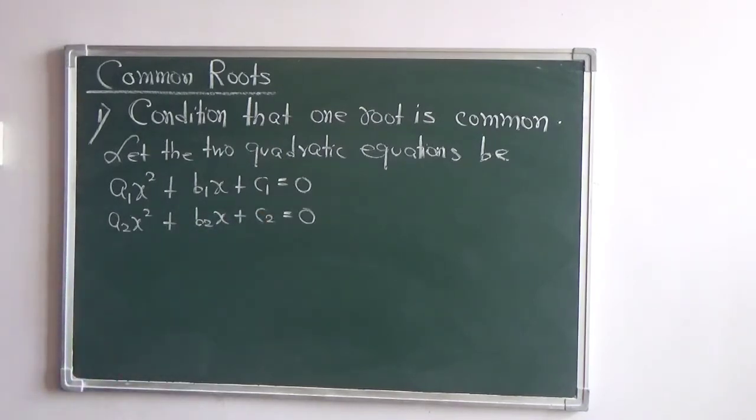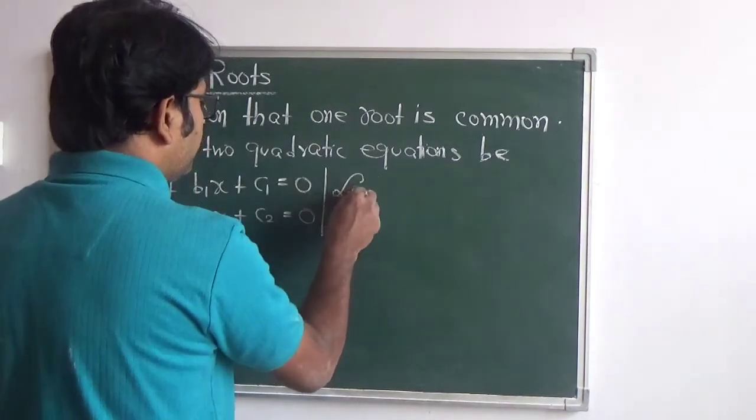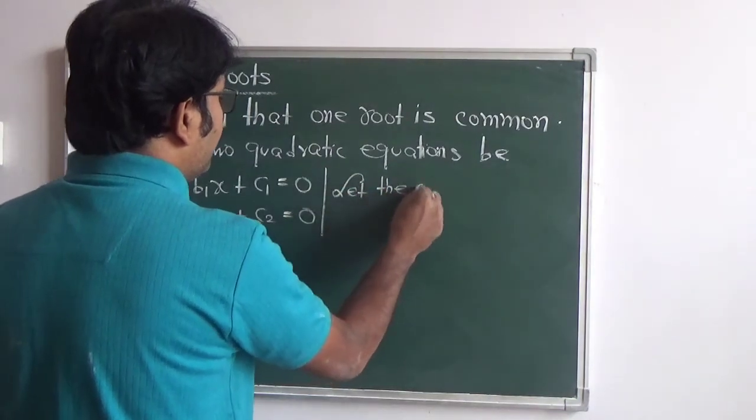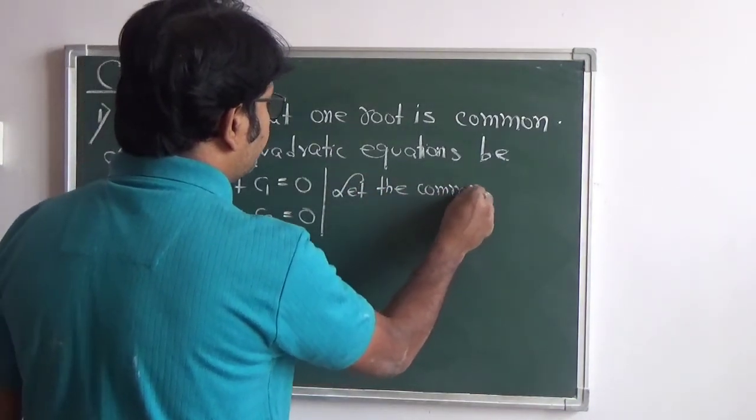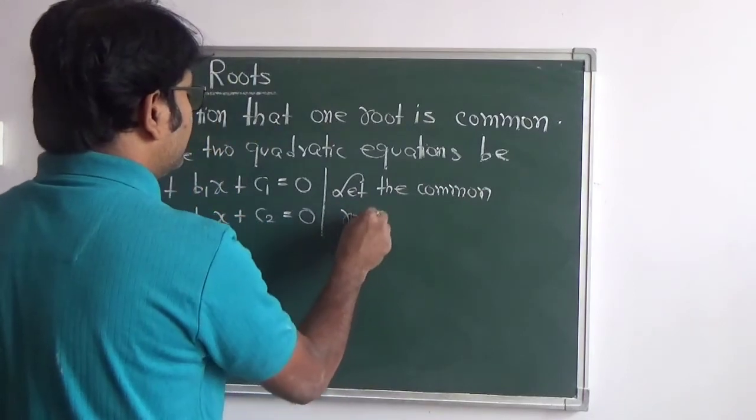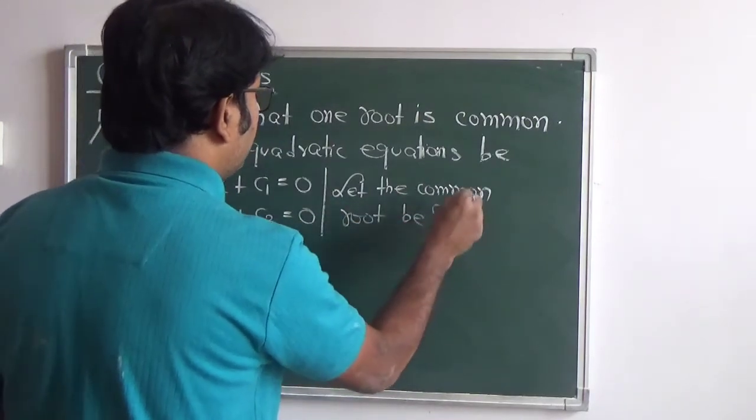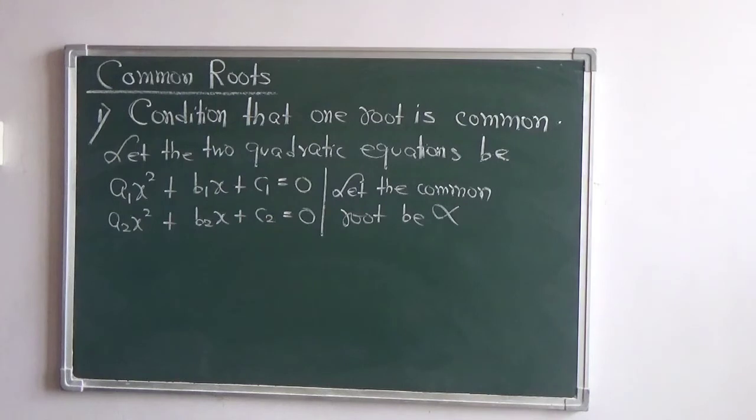So these are the two given quadratic equations in which one of the roots is common, and let us take that as alpha. So let the common root be alpha. If it is a root then it will satisfy both the given equations, so we can write